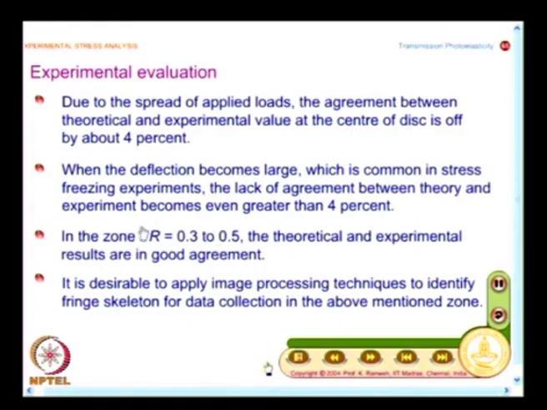The reason why I do this is, particularly in stress freezing experiments, there is lack of agreement between theory and experiment at the center. So, I avoid the center of the disk and I take data in a region r by R equal to 0.3 to 0.5, it is an annular region